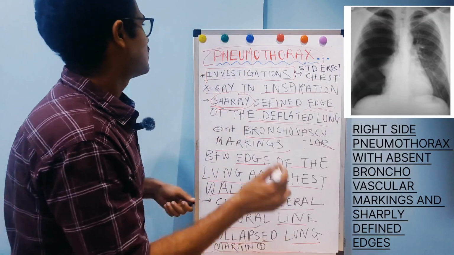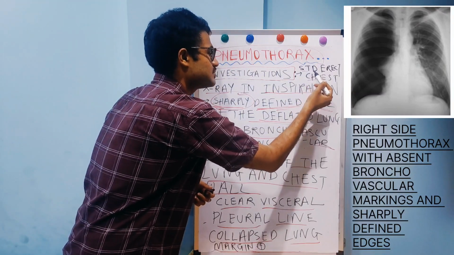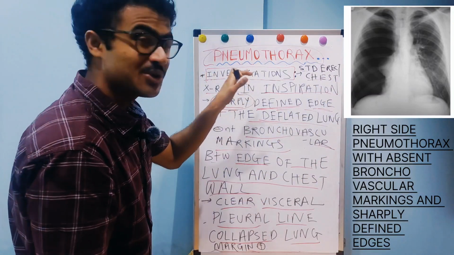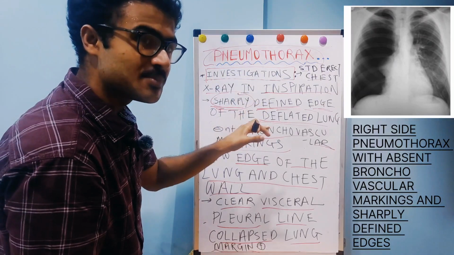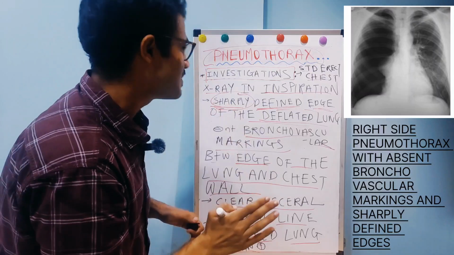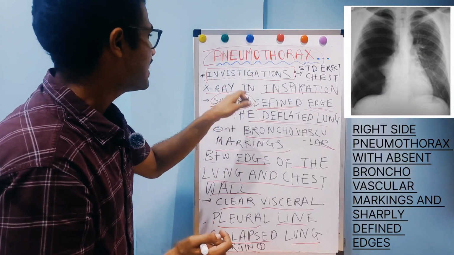So see, first is the chest x-ray obviously. A standard erect chest x-ray is taken during inspiration. We do not take expiratory films. We take it during inspiration. So on this chest x-ray you can see a sharply defined edge